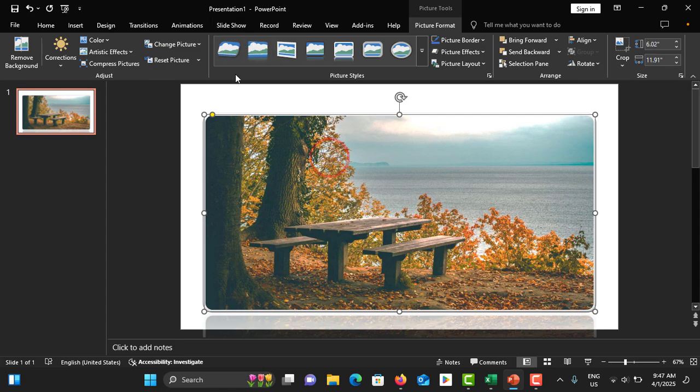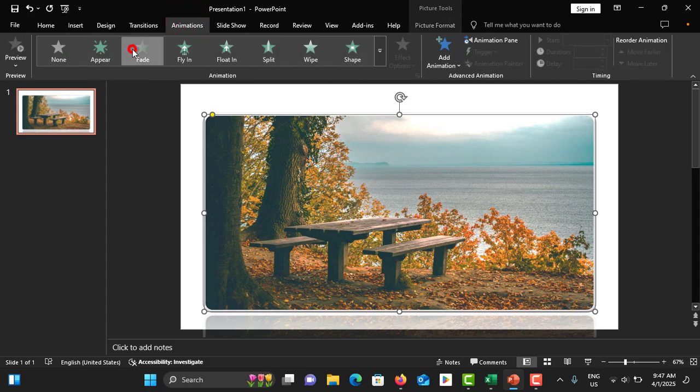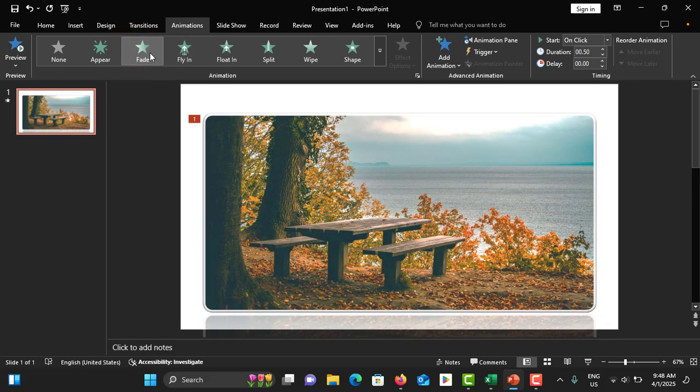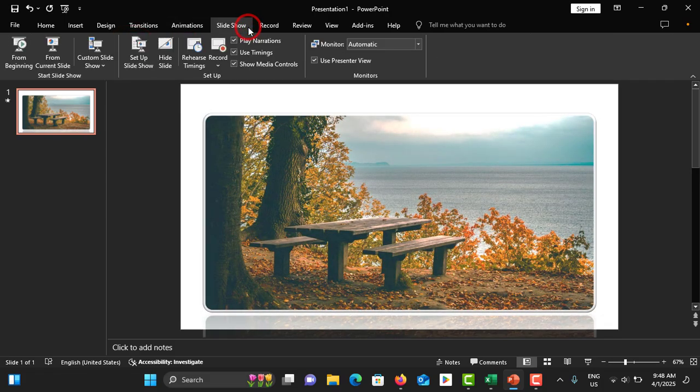And you can add the animation for this one. Just select the image and go to animation and choose the animation effect you need, like fade kind of thing, and you can create the slideshow from this. So yeah, this is basically how you can add the image from the